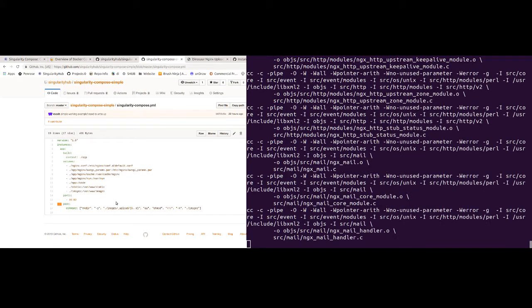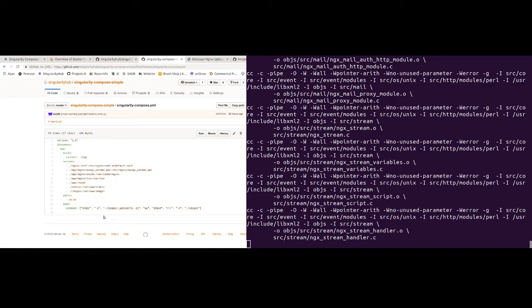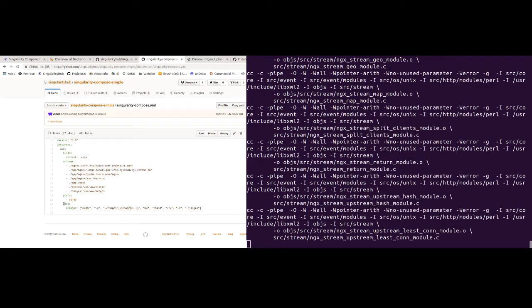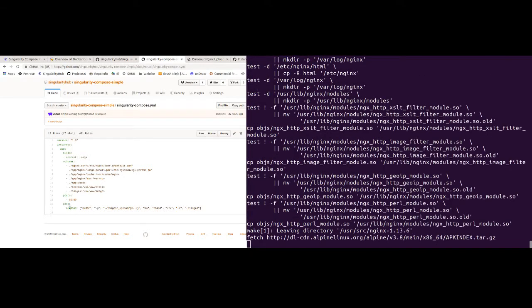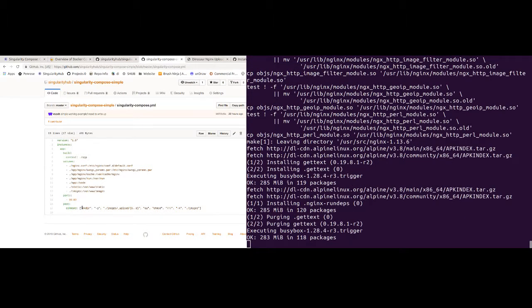And then finally, this little extra section called post. This isn't something that's typical of Docker Compose, but it's specifically for Singularity Compose. It's a section where you can write commands that need to happen on the host after all of the services are built and brought up. So in this case, I need to create these folders on the host that we will be uploading